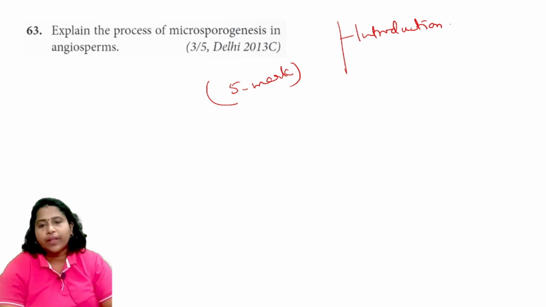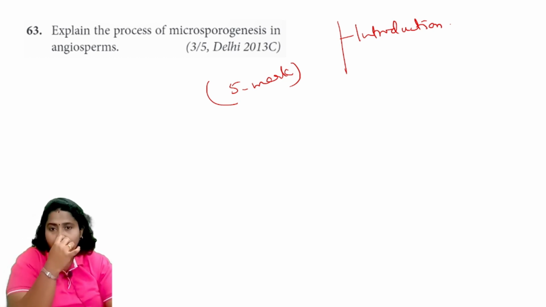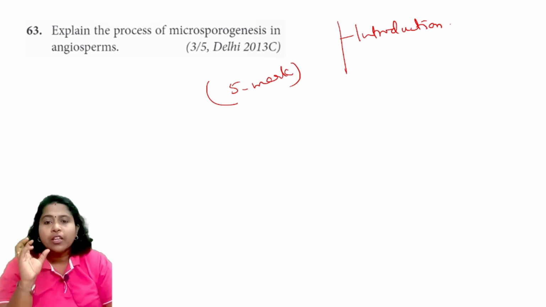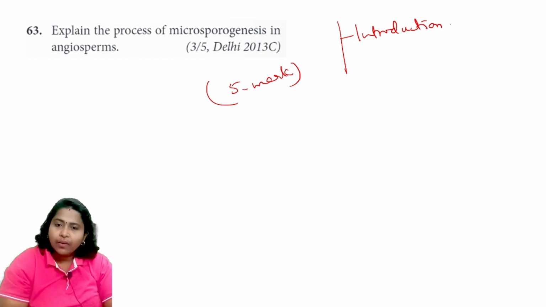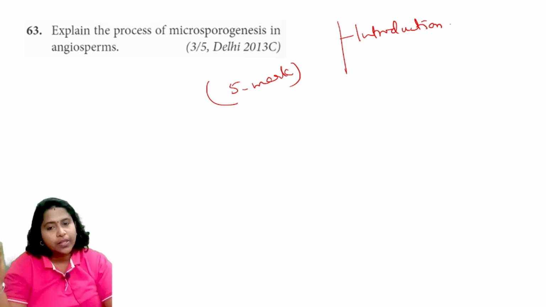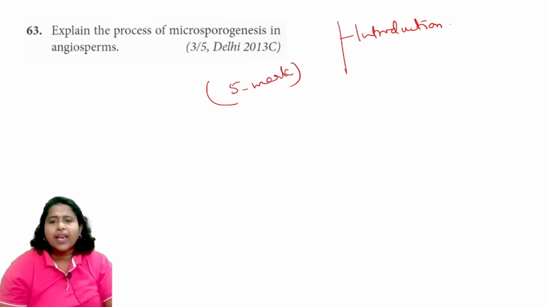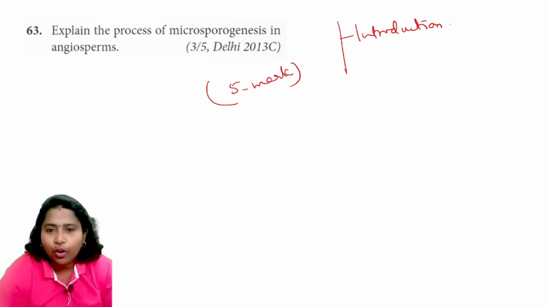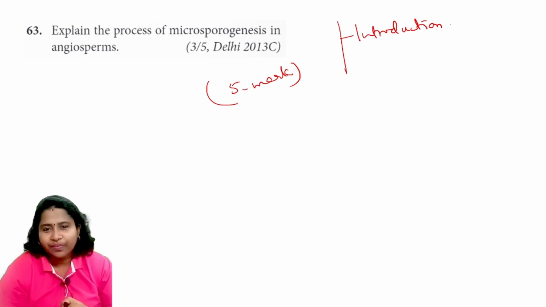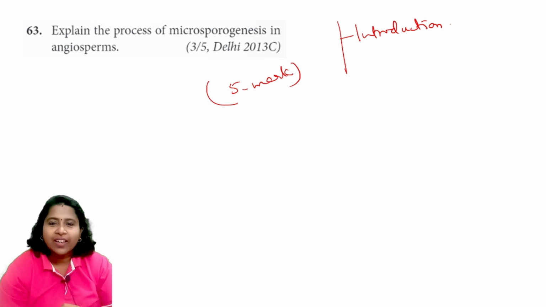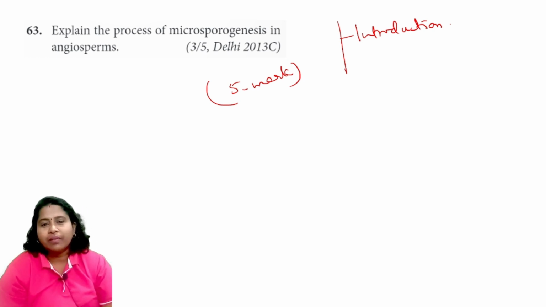Then directly you start with what is inside the microsporangium: sporogenous tissue will be diploid in number, and this diploid number will undergo meiosis. It will produce the tetrad cell. Then again what happened? It will undergo mitosis into vegetative and generative cell. The same story you can continue. Then you can write all the points about sporopollenin and a typical pollen grain. Everything you can include in this answer. So you will get 5 marks. So don't forget any keywords, ensure that all the keywords are included in the answer.